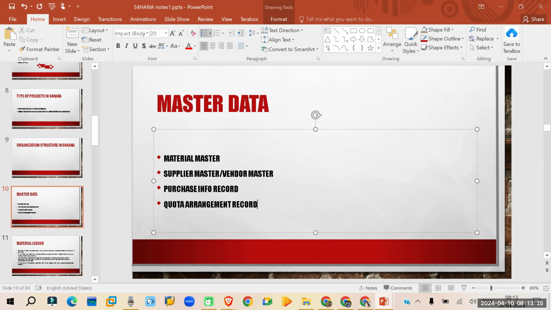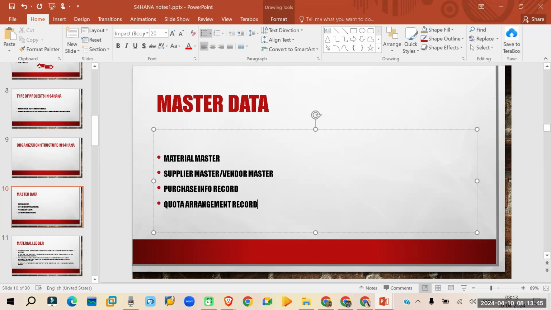So to average the material price and to have optimum use, optimum use meaning whenever we require, we need to have the product, for those reasons we will be having a quota arrangement record based on the price and delivery